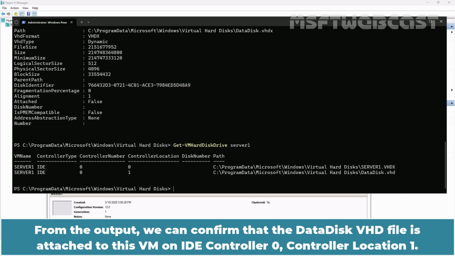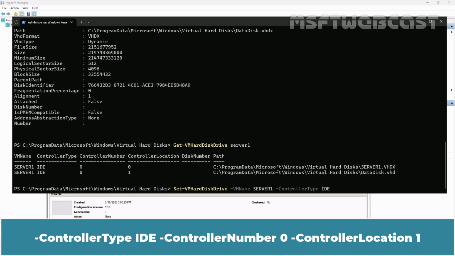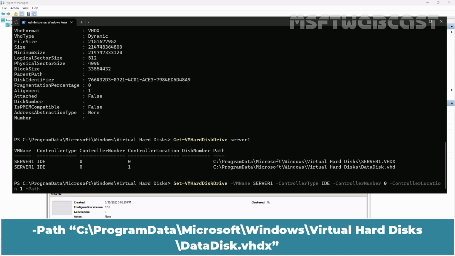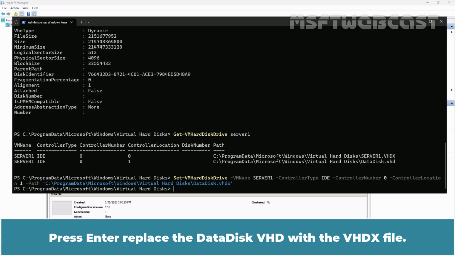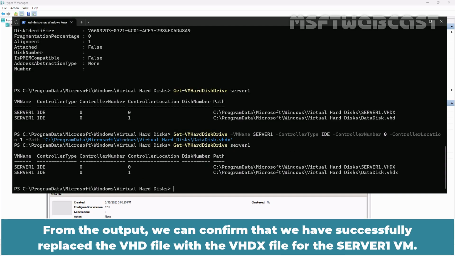0, controller location 1. Type the command Set-VMHardDiskDrive -VMName server 1 -ControllerType IDE -ControllerNumber 0 -ControllerLocation 1 -Path C:\ProgramData\Microsoft\Windows\Virtual Hard Disks\datadisk.vhdx. Press Enter to replace the data disk VHD with the VHDX file. Let's run the previous command again to verify the changes. From the output, we can confirm that we have successfully replaced the VHD file with the VHDX file for the